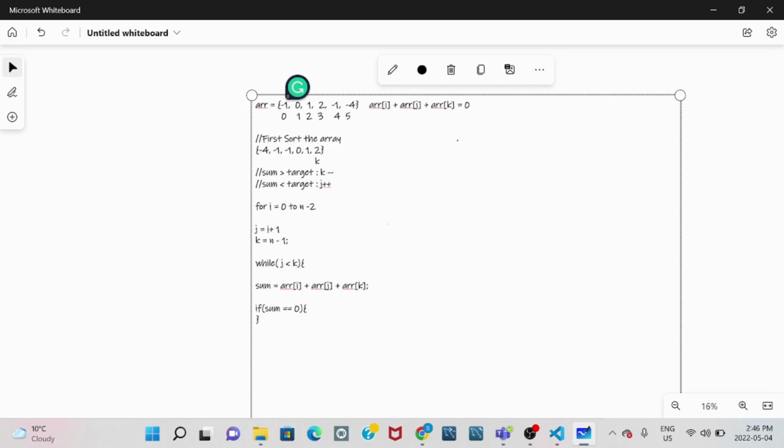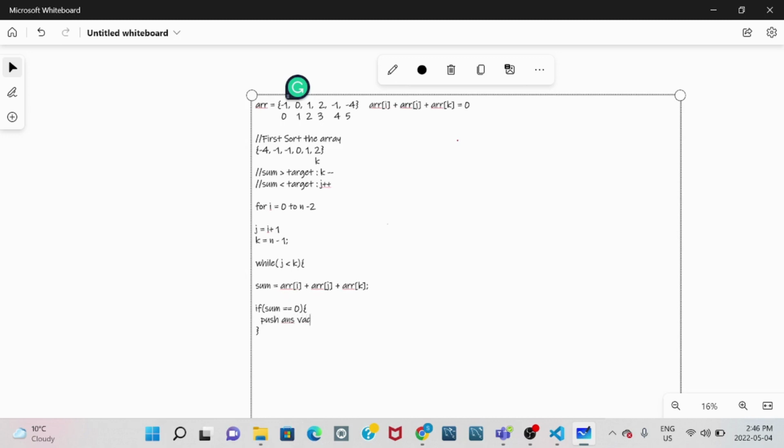If the sum is not equal to 0, then we are going to iterate through this J to K. Not even J to K, we also have to iterate our I from 0 to n-2. Why n-2? Because we have two extra variables J and K, so we can't go till n, because last two elements will be occupied by J and K. We are trying to find triplets. So just forget about this first one, but for an instance just imagine we have a triplet which is satisfying this condition, then we are going to push that in our result